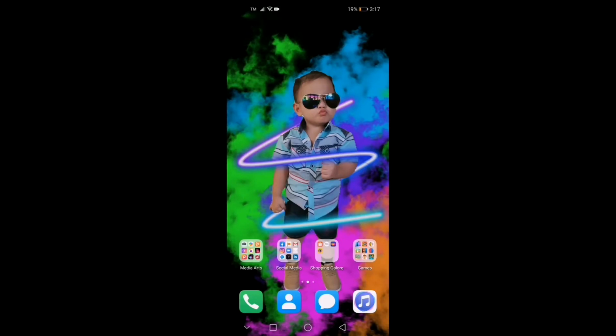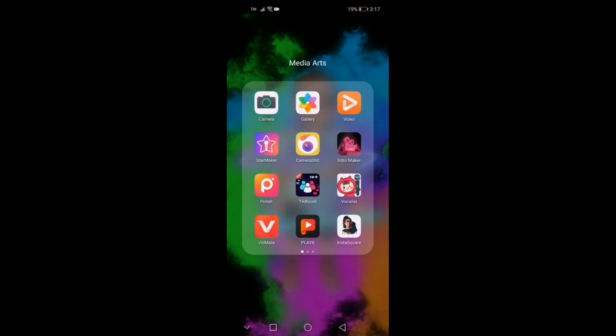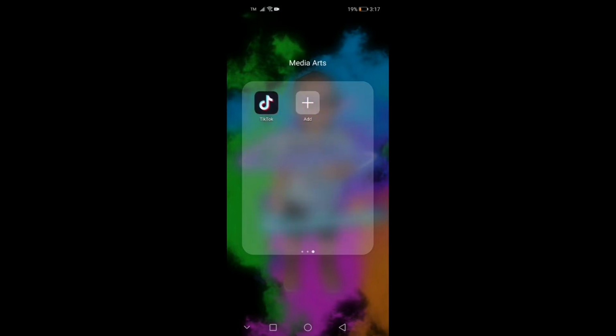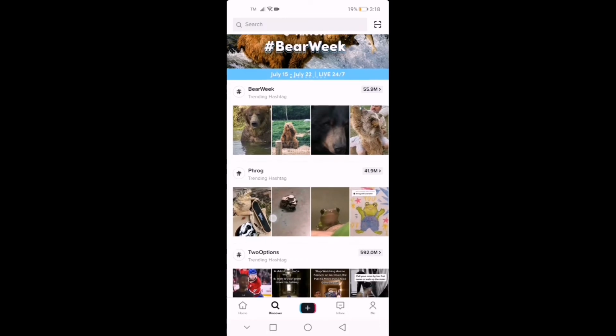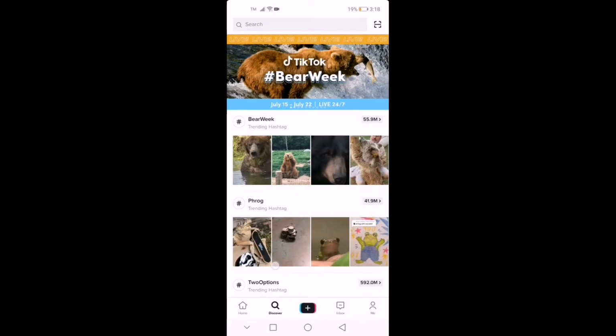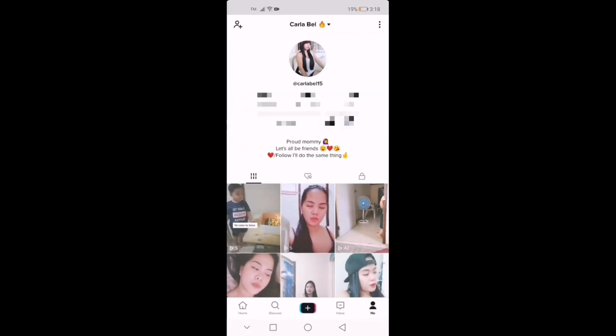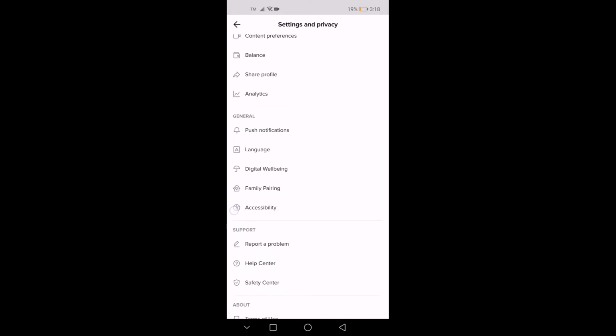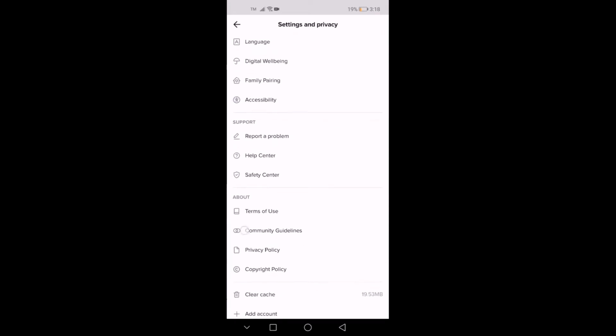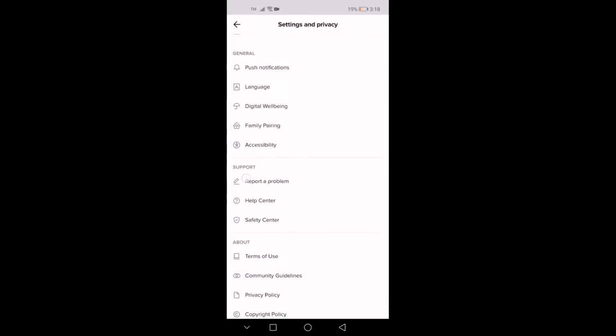Alright, so the first thing you need to do is to pull up the latest version of your TikTok application. So here's what it looks like. The second thing is you need to click your profile, and that is in the bottom part. There you go. And the three buttons on the side lead to your menu settings. Scroll down and go to report a problem,